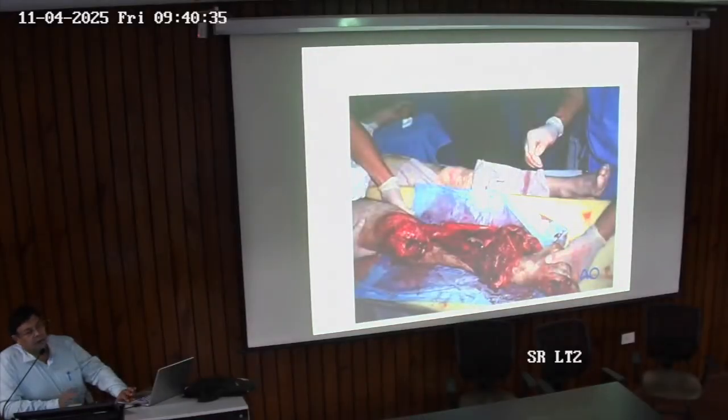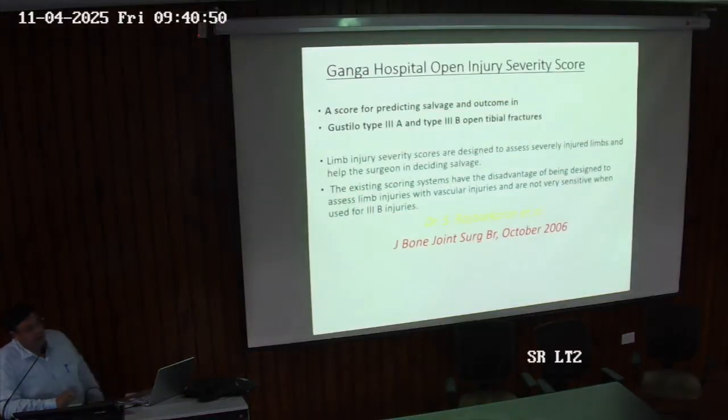So if we get injuries like these, we have to evaluate them thoroughly beforehand, before giving treatment, so that later litigation is minimized. Ganga Hospital Open Injury Severity Score. It gives